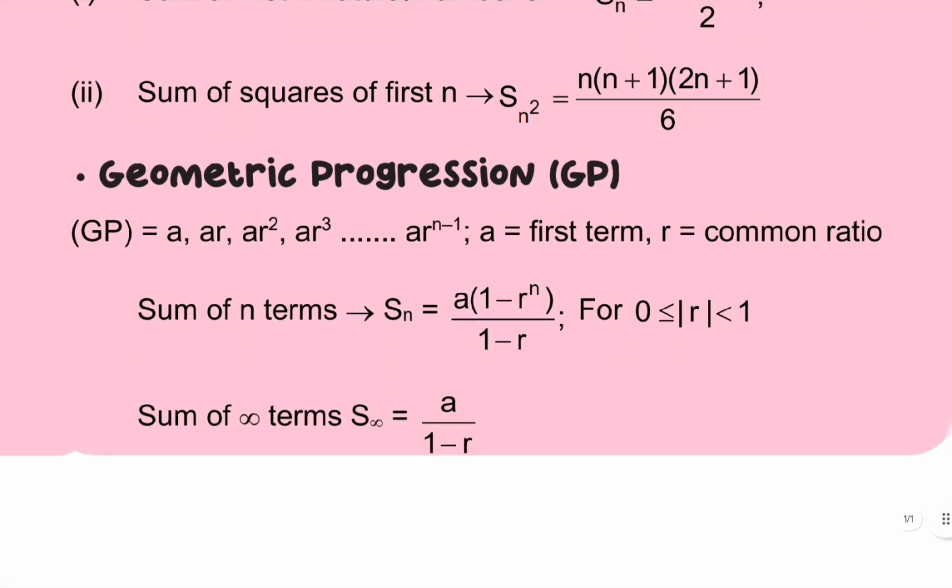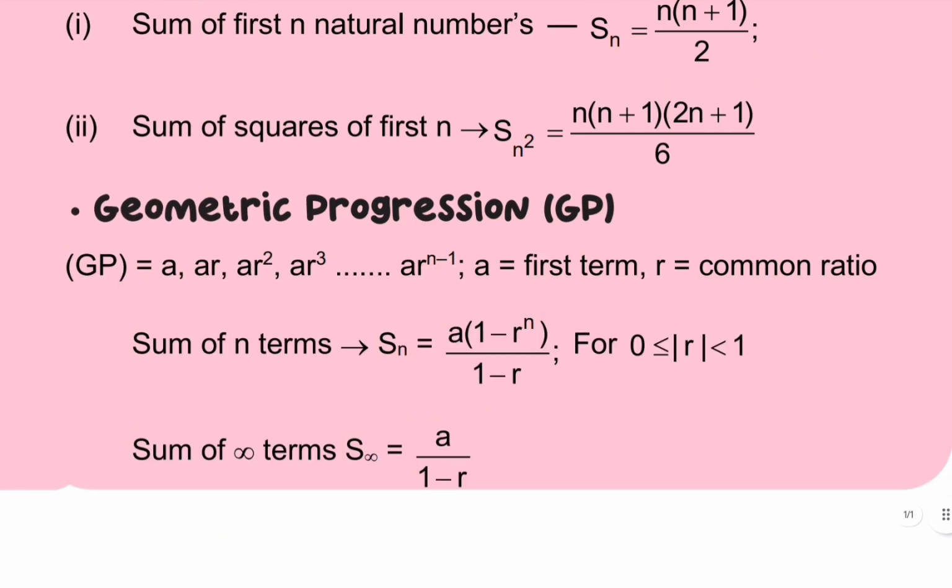Geometric progression. Geometric progression is a, ar, ar square, ar cube, up to ar raised to n minus 1. a is the first term and r is the common ratio. Sum of n terms